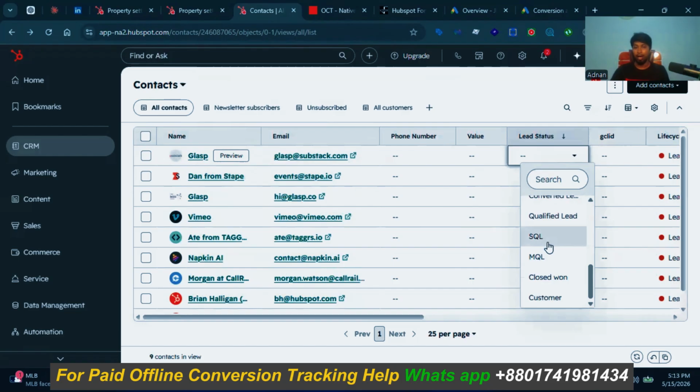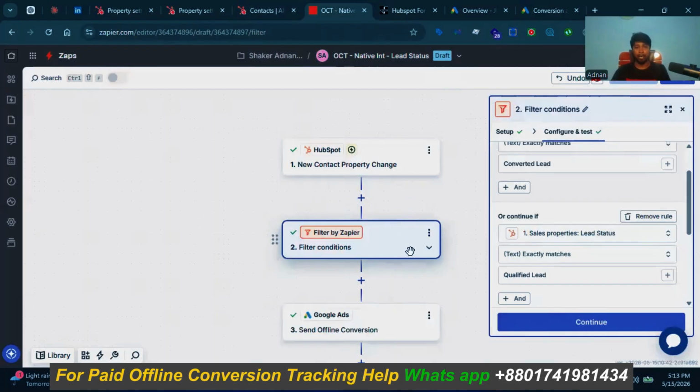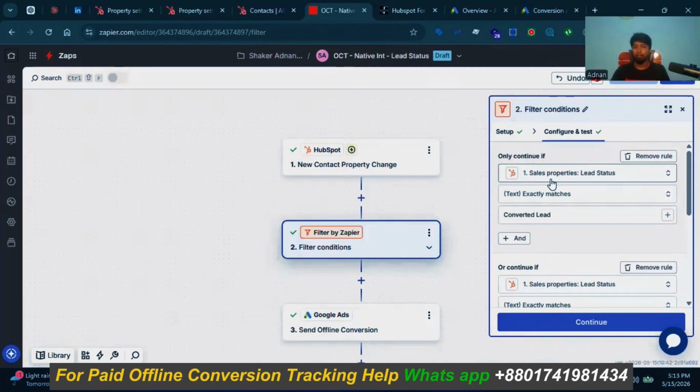I just need to send the converted lead data or qualified lead data. So that's why I set up a filter,